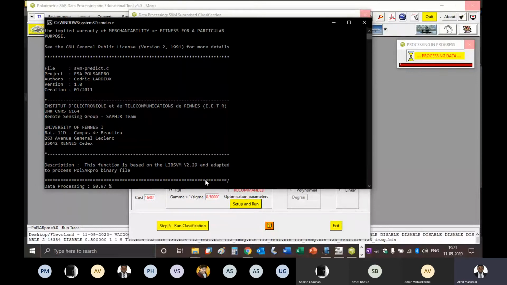Okay, if you have got the classified files, just put it in the chat box. While applying the second filtering technique, do not use graphic editor again. Just copy the SVM training file from Lee Sigma to Refined Lee, that's it, and directly run the classification.